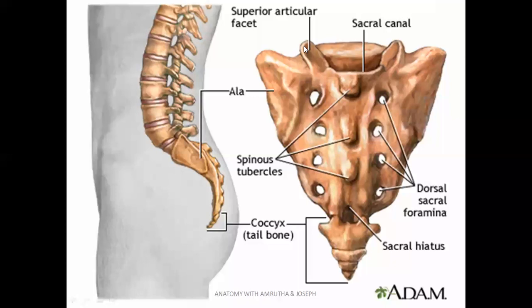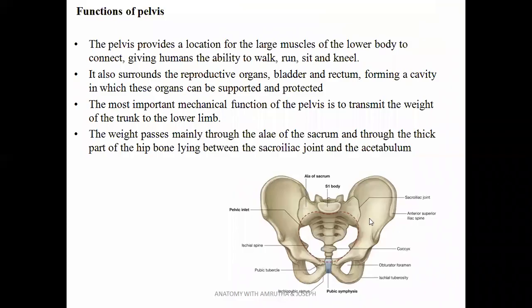There is the superior articular facet that articulates with the lumbar vertebra. The lumbar vertebra articulates here in this part. So these things can be seen from this diagram. So we have to talk about the sacrum also in detail. That's what probably, when you come here, we can explain more. Now, I hope you got some idea.